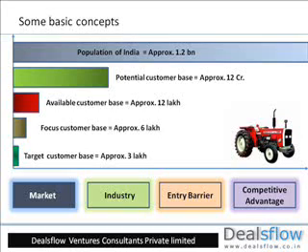Considering almost 10% of the population is engaged in farming, we have a potential customer base of around 12 crore. Going down further, if we think that only 1% of this 12 crore population engaged in farming are the farm owners, then we have around 12 lakh farmers as our available market. Out of these 12 lakh farm owners, we have around 50% small scale owners who cannot afford tractors and still rely on cattle to do the job or do it manually. This gives us around 6 lakh farmers as our focus market size.